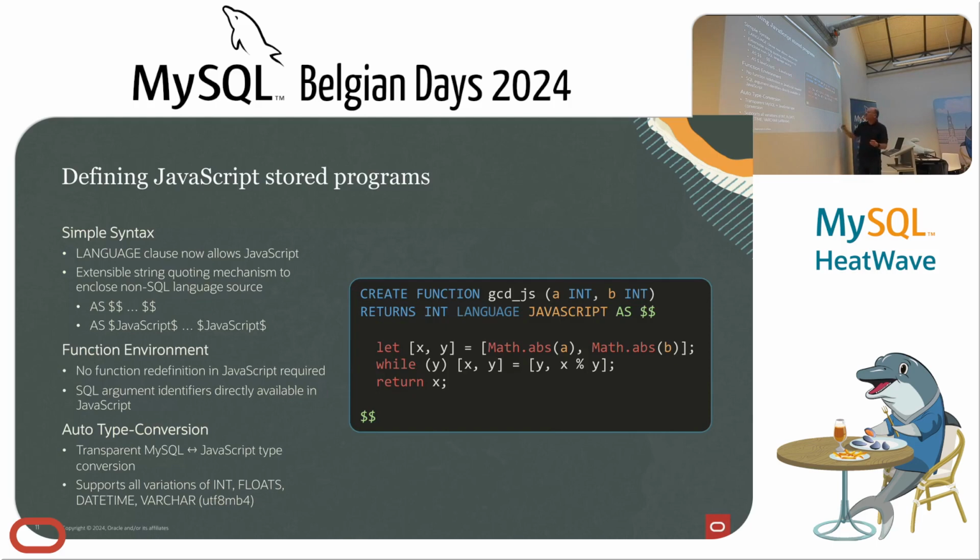This is actually just a string, but we have introduced a new string quoting mechanism, because if you have a quote or a double quote here, there's a big chance of conflicts with the actual JavaScript code. So we can use a double dollar sign as the delimiter of the JavaScript code. And one advantage of this is that